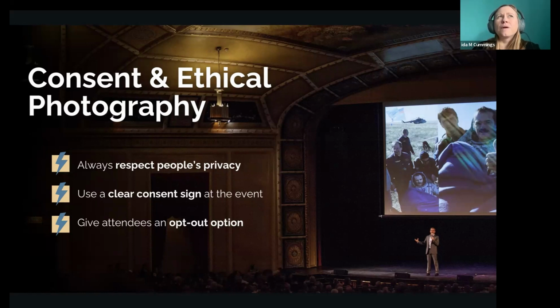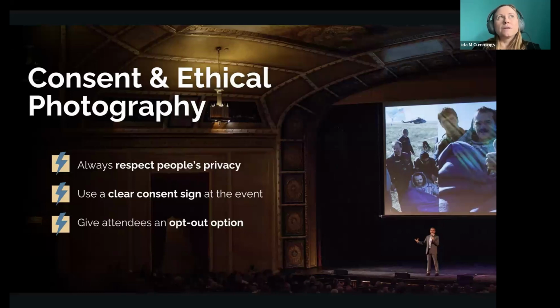And if you do happen to get them, because oftentimes they might want to be in a group shot, or if you do get them in a shot at an event, covering their face with an emoji is something that is used often nowadays, or putting something on top, like a sticker on top of their face, just to hide their identity a little bit more. That's a way you can still have them in a group shot, but their identity remains private.